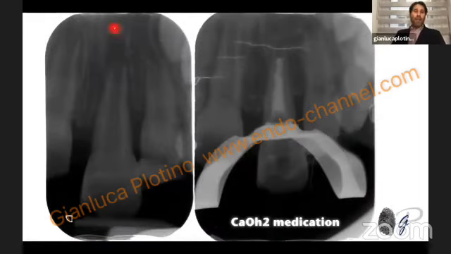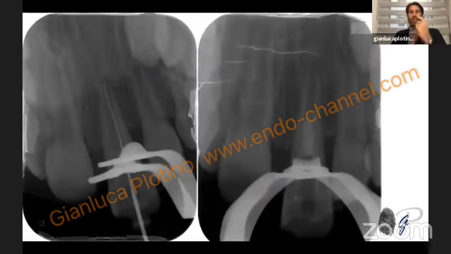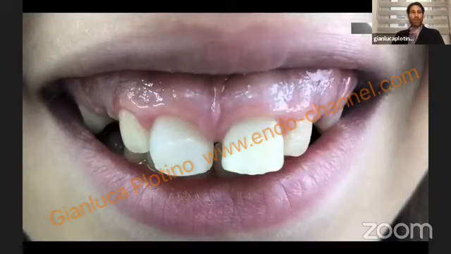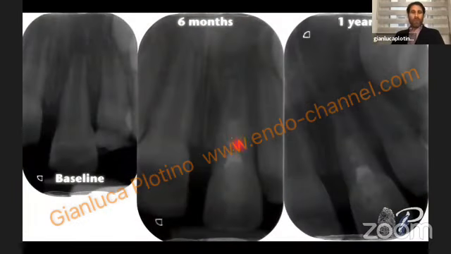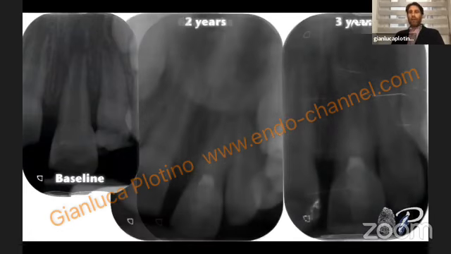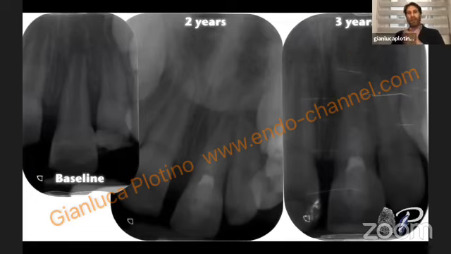With a periapical lesion, we can perform a calcium hydroxide medication in the second visit to promote bleeding and to let the blood clot form, and to perform this regenerative procedure by using these bioactive endodontic cements to create this barrier protecting the blood clot. And you can see after 1 year and after 3 years, the root formation, the complete healing of the periapical lesion, and the developing of the root formation apical to this regenerative procedure.